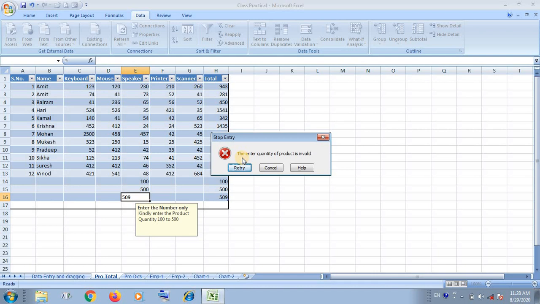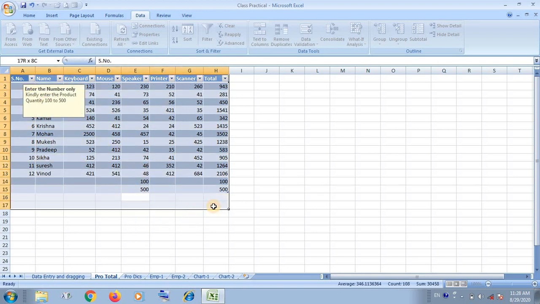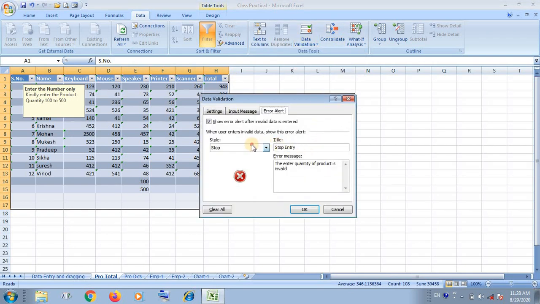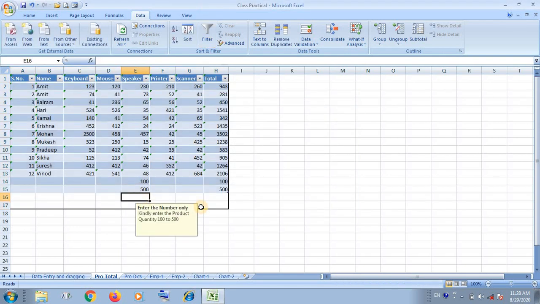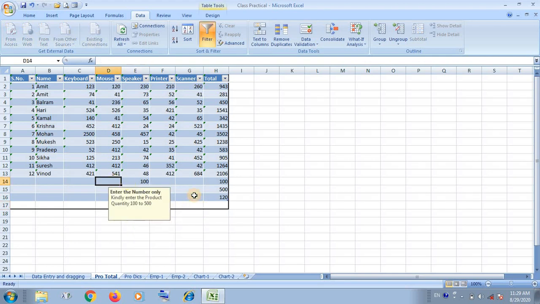Minimum 100, maximum 500. But suppose you change the setting once again, you go again to the validation and change it to warning. Again check what will be displayed. Suppose I enter 120, it is accepted. If I enter 500, it is accepted.